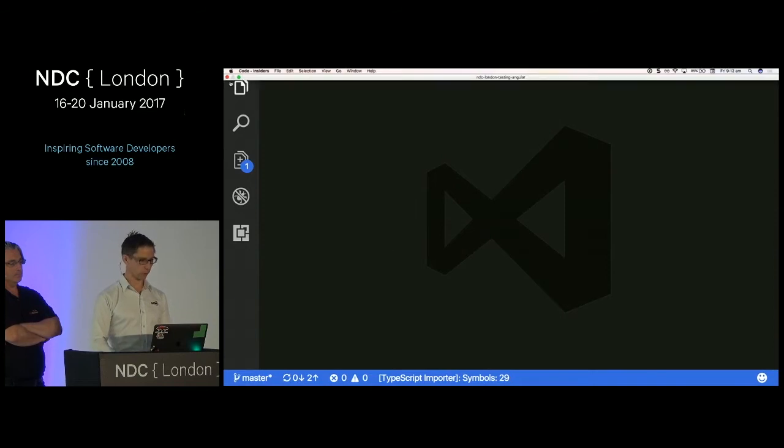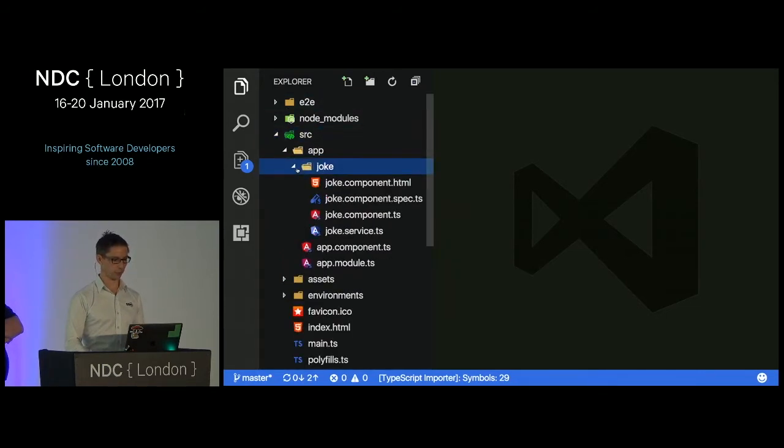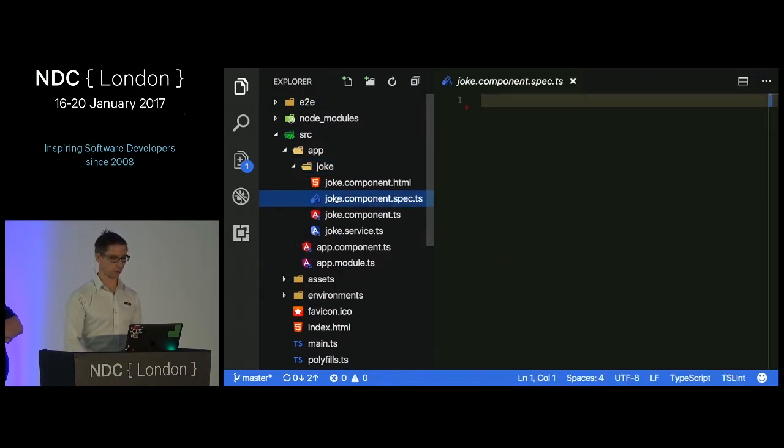So if we come over and have a look in the directory over here, we've got an Angular CLI application, and it's just a very default version of it. And we've gone and written a joke feature that you saw on the page there. And we have this joke.component.spec file. So obviously all of your unit tests, if you're going to go down the road of using the inbuilt tools, anything with a .spec inside of this app folder is going to get run as a test by Karma, the